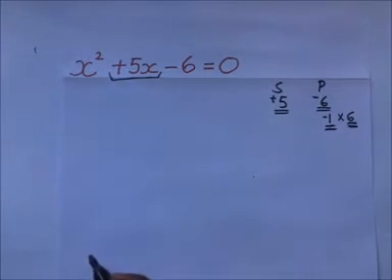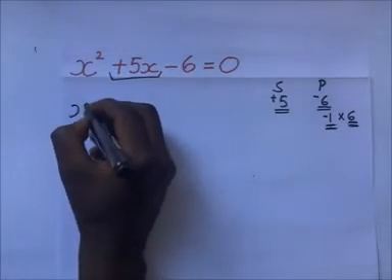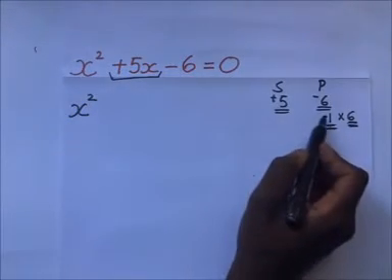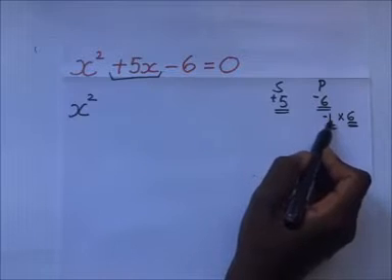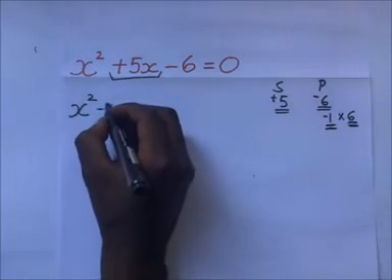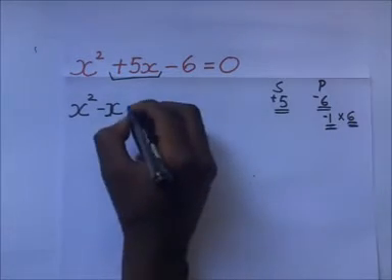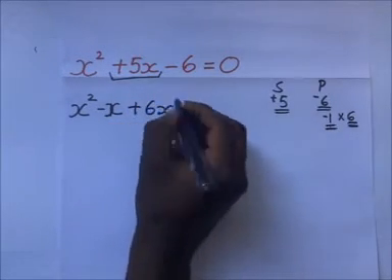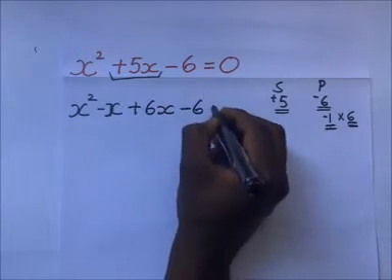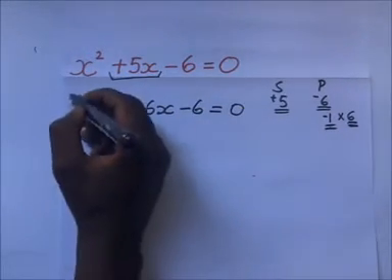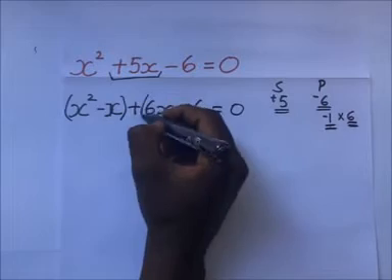So we begin our factorization. This becomes x squared minus x, this is minus 1x, minus x, plus 6, this is positive 6, so it is plus 6x, then minus 6 is equal to 0. Then we introduce brackets